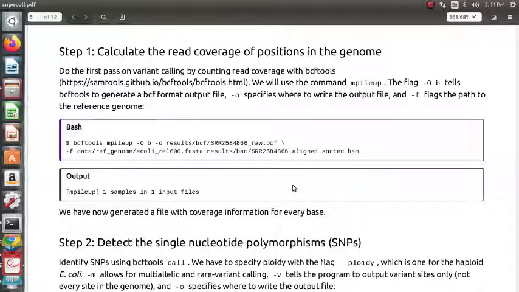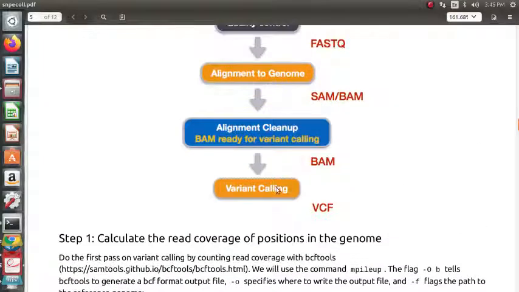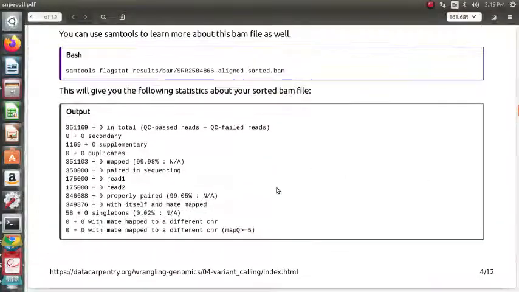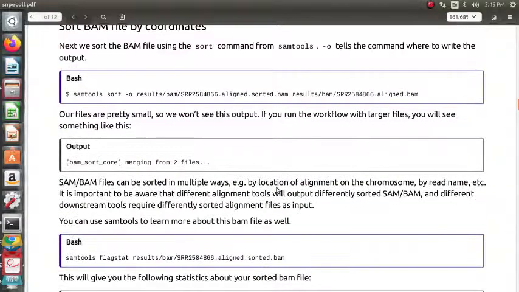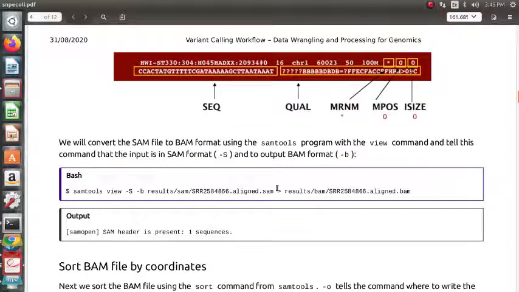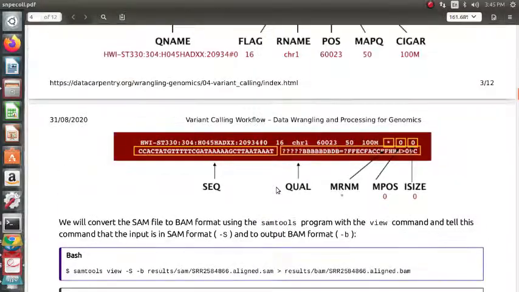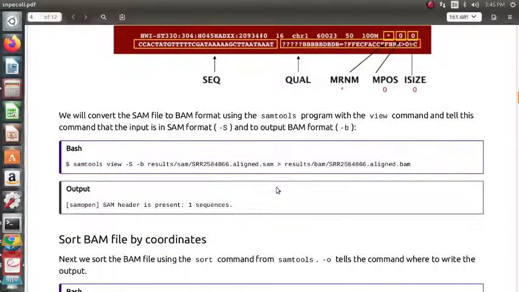Let us first sort this BAM file, that will be better. Samtools flagstat, samtools sort, samtools align.sam, align.bam.